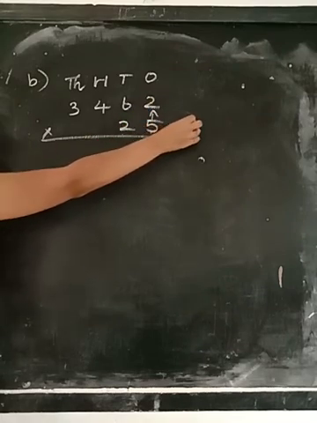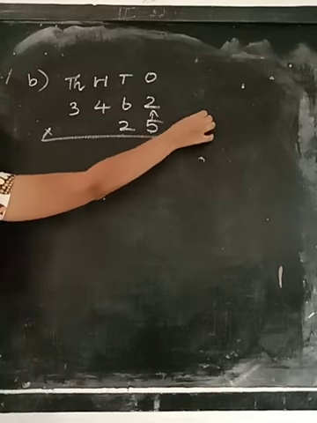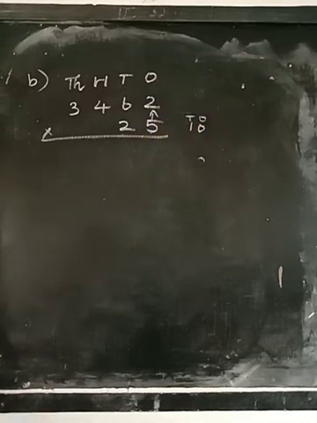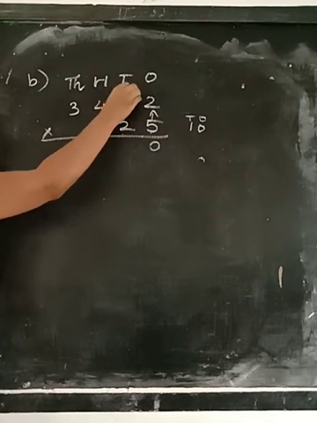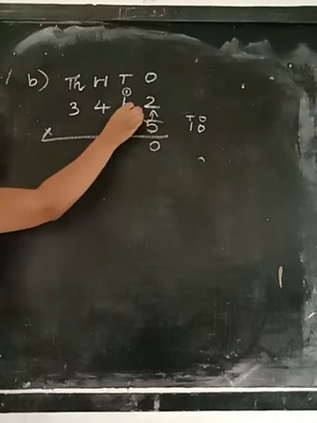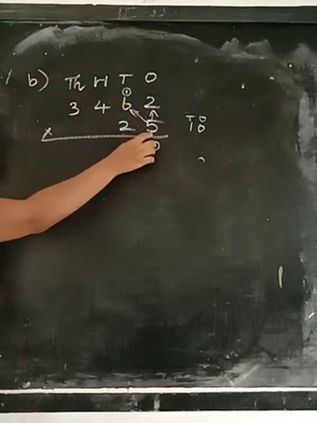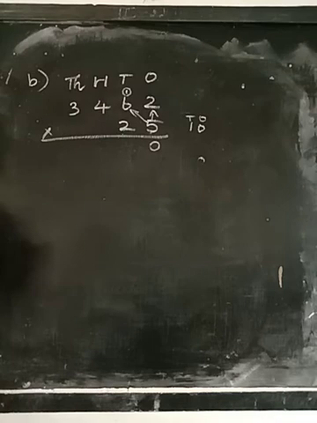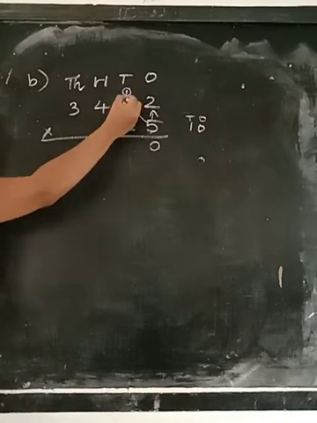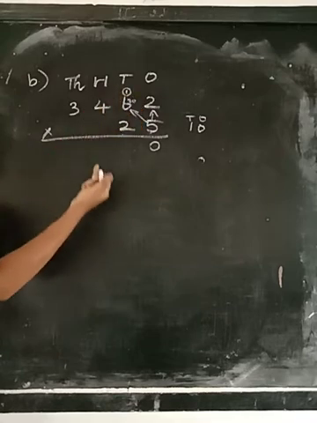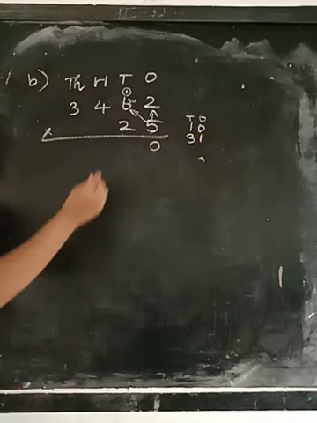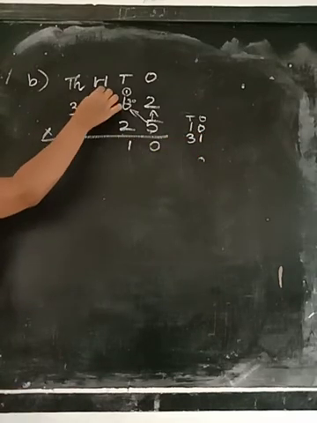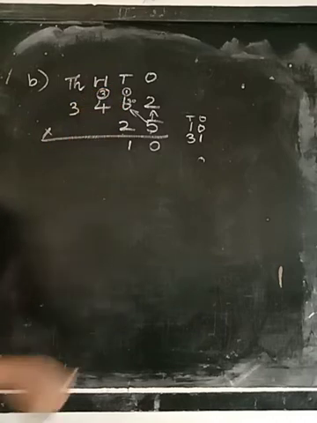5 twos are 10. Okay, so this is ones and this is tens. So the ones place number is 0 and the tens place number is the carryover. Okay, again these two numbers. First using the ones number, you have to multiply all the numbers. Okay? 5 6s are 30. So 30 in the mind, 1 in the finger, 30 after 31. The ones place number, 1 in the answer's place and the carryover number in the next place.